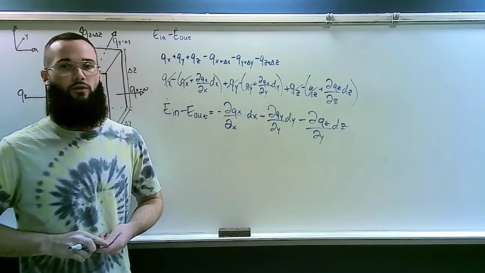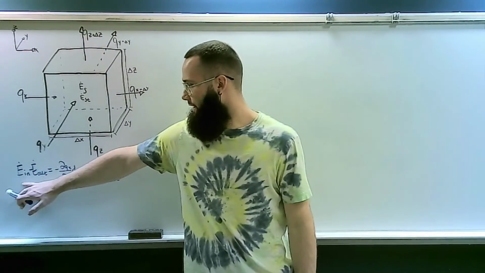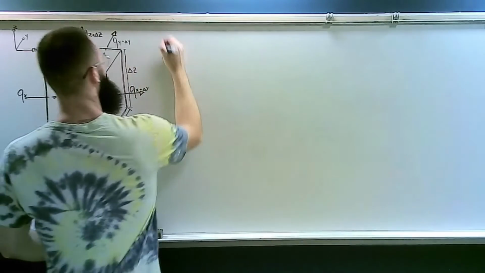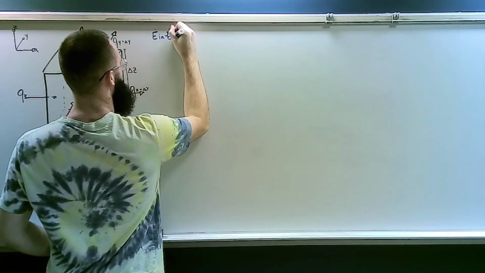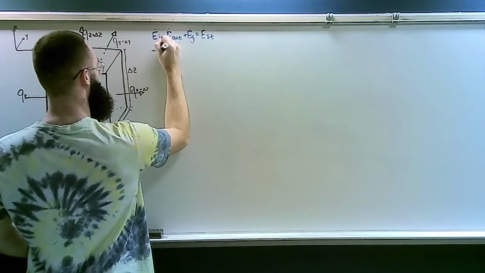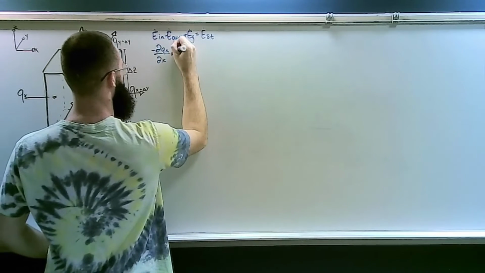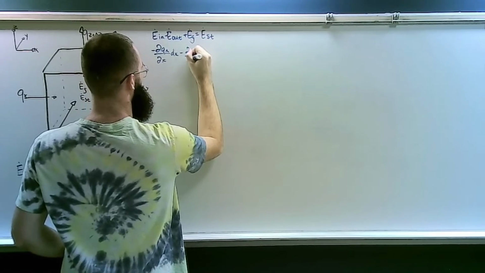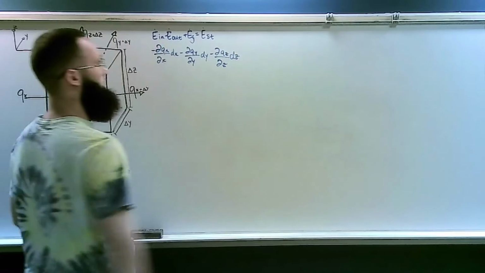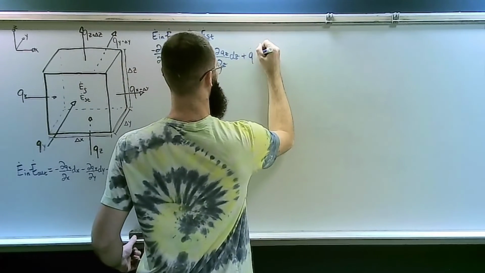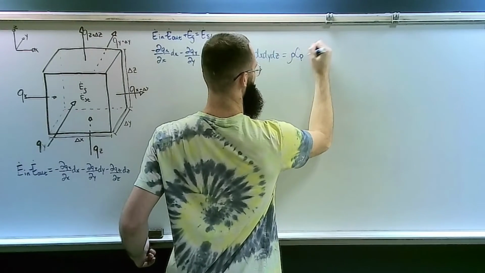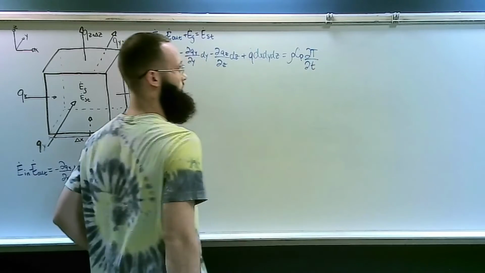We can now, from here, go ahead and simplify the other terms. So now we know what the energy rate in minus the energy rate out is. I'm going to go ahead and rewrite the entire energy balance equation. So we have E in minus E out plus EG equals EST. So for this, we just found this negative partial derivative of qx as it relates to x dx, minus partial derivative of qy as it relates to y dy, minus partial derivative of qz as it relates to z dz. And then to this, we're going to add q dot dx dy dz, and that's all going to be equal to rho cp partial derivative of temperature as it relates to time